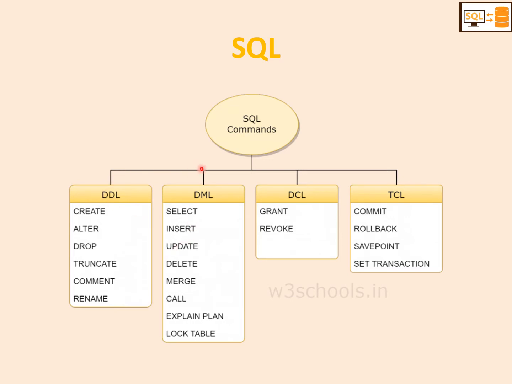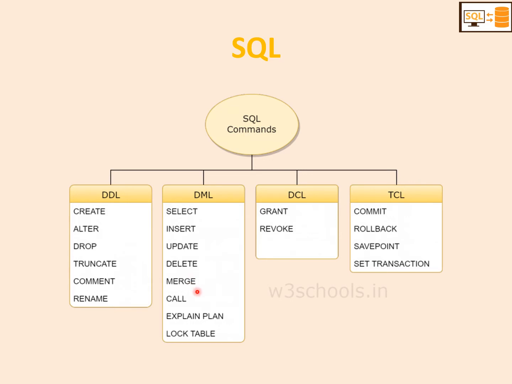Then comes the DML, that is Data Manipulation Language. Data Manipulation Language involves expressions or statements including select. The select statement is used for selecting some attributes from the table, or selecting some rows from the corresponding table. Insert command is used for inserting some data into the table. Then the update expression is used for updating existing data in the table. Then the delete command is used for deleting an attribute or deleting a row from the corresponding table.